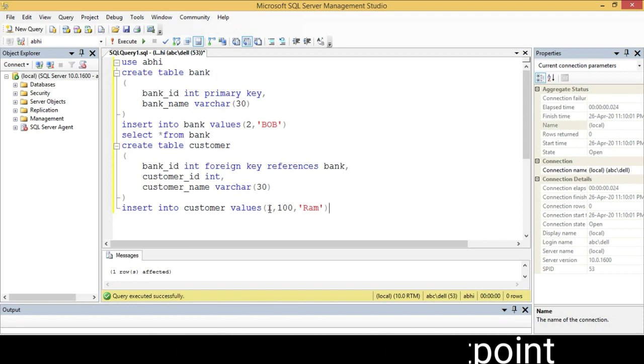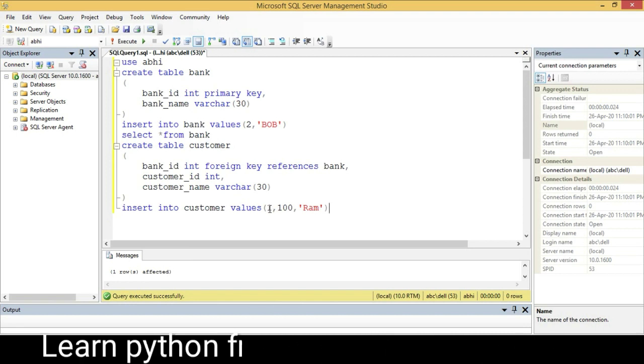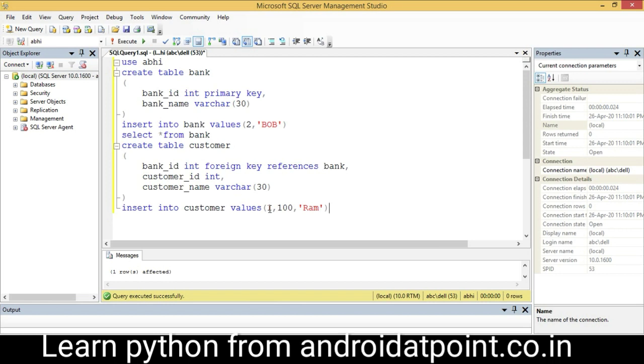If this value, the bank ID, does not exist in the bank table, in that case it will give an error. Look here, suppose I am giving the bank ID as 3, which does not exist in the bank table. In that case it will give an error.